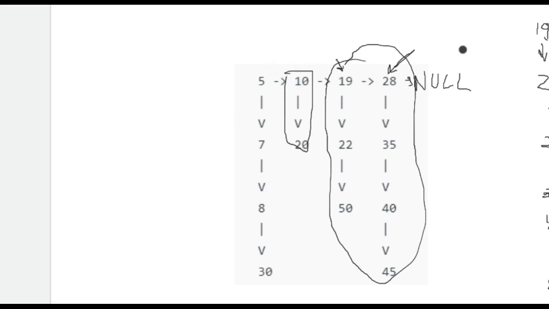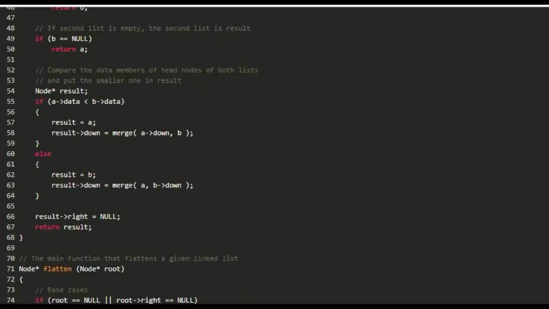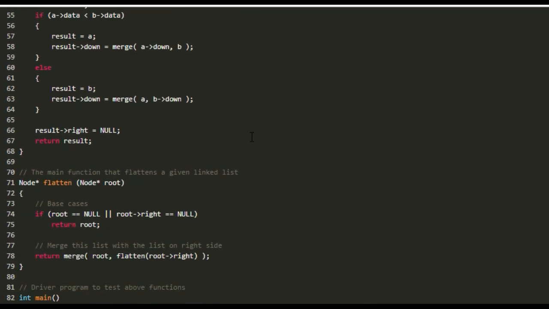Then for this resultant linked list, we do the same, this and this. And how can we do that? We can simply make a recursive call using a function similar to the merge sort function, which is going to be the flatten function, where we